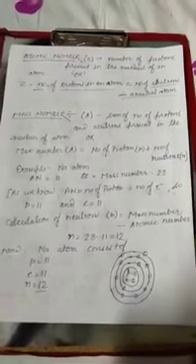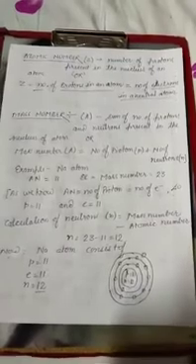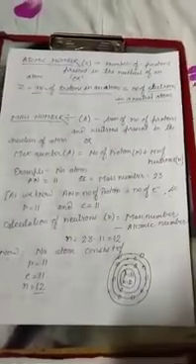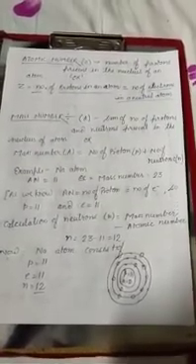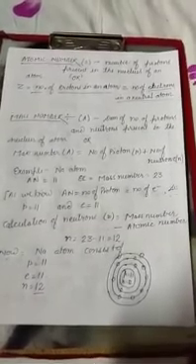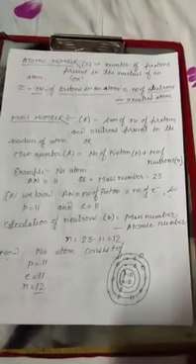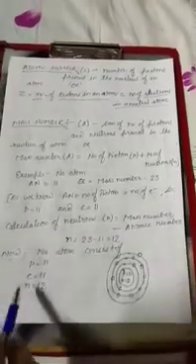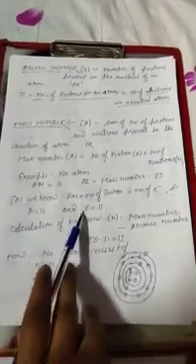As we know, it is explained that the atomic number is equal to the number of protons. How will we calculate the number of protons? As we know, the number of protons is equal to the atomic number, and the atomic number is 11, so the number of protons is also 11. So proton is 11. Now the question is, what about the electron?